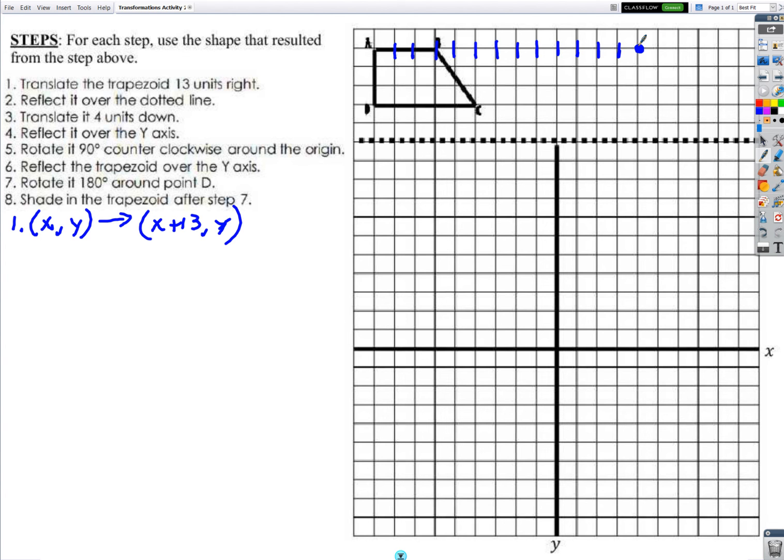Absolutely. But if I know that D was supposed to be 3 units below, I can just put another point 3 units below. If I know that B was 3 units to the right, I can put another point 3 units to the right. If I know that C was 3 below and 2 to the right of that one,